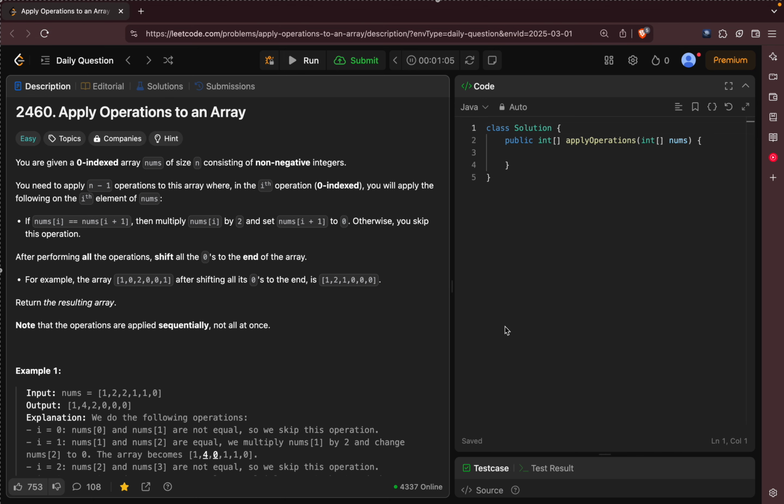See, the problem is: you're given a zero indexed array of size n consisting of non-negative integers. You need to apply n minus 1 operations to this array. Where, on the array, you need to apply n minus 1 operations, where the ith operation, that is the zero indexed operation,